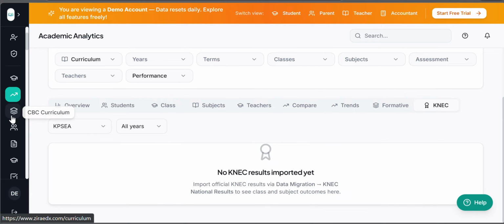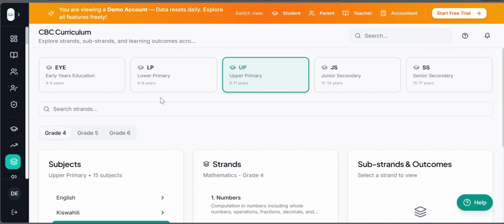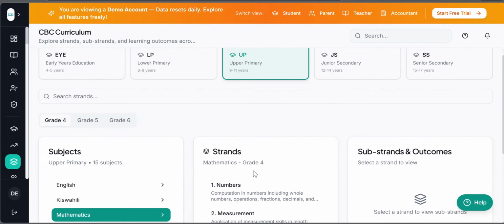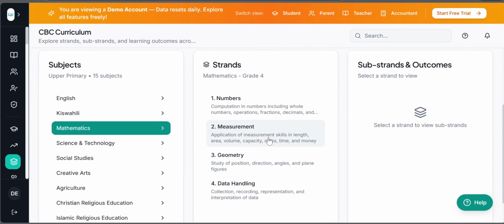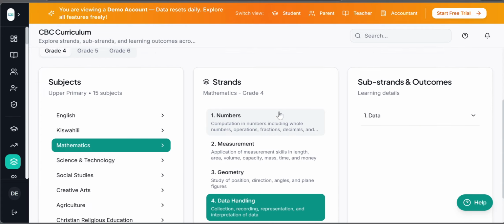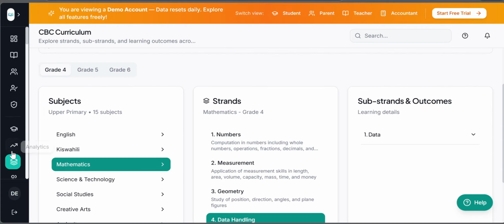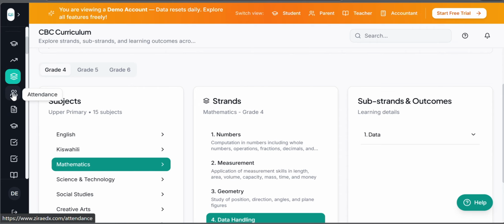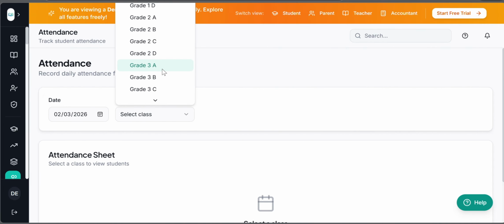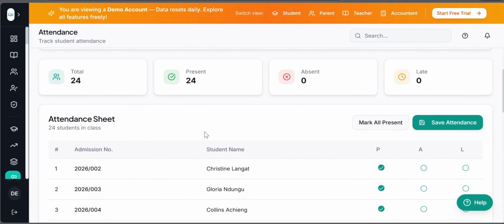Let me move on to another one. So the CBC curriculum, subject or learning areas and strands and substrands are well mapped here for reference for the teachers. And this helps them when they're doing a lot of work in terms of lesson planning, schemes of work, and so many other things. Attendance, which is a feature for teachers, when they come into a class,